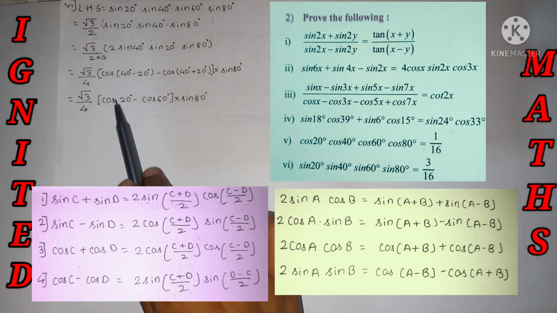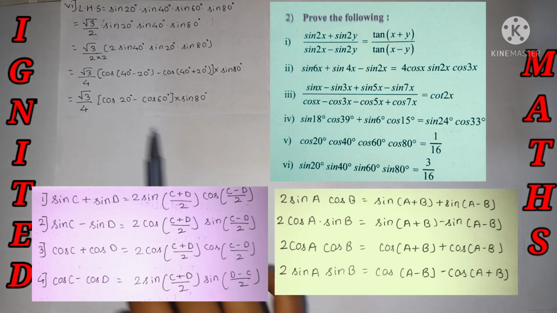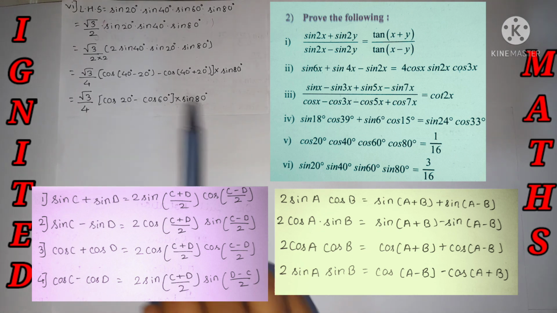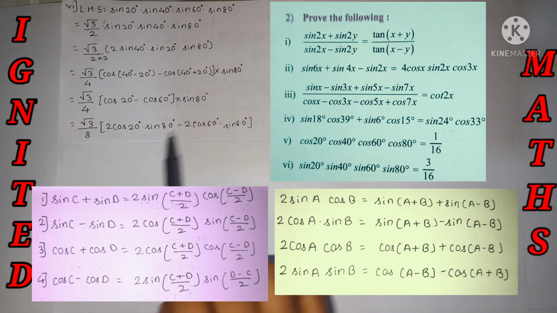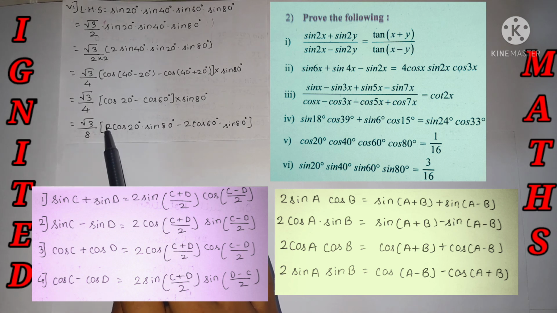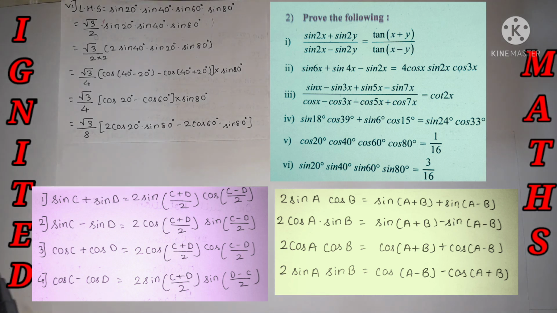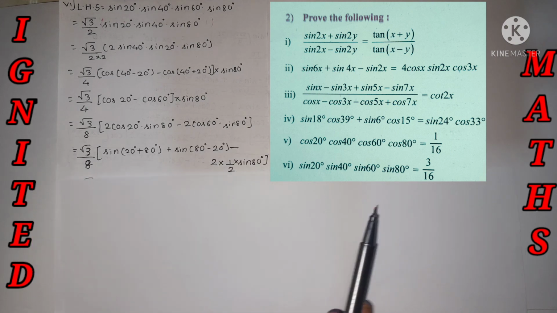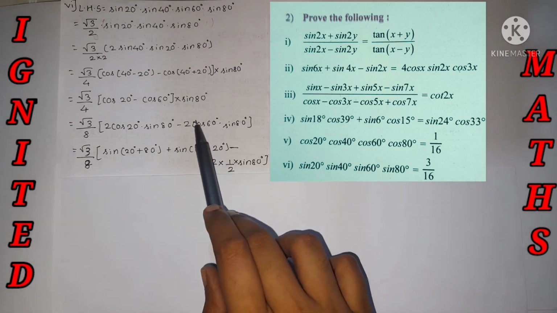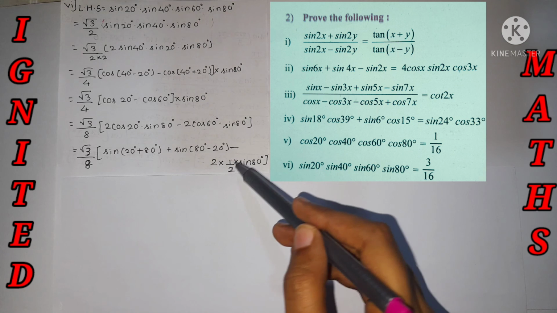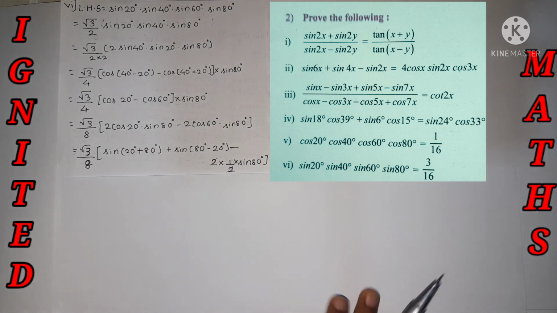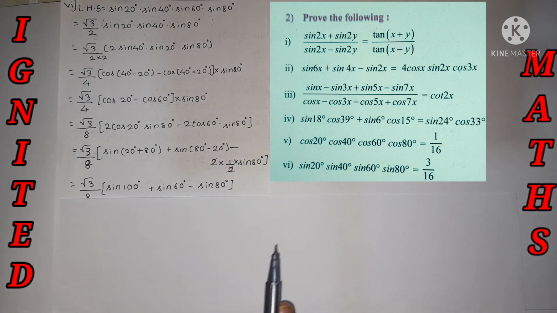Let's do the calculation. Multiply the sine 80 with each and every term, sine 80 over here also, and again multiply and divide by 2. It is in the form of 2 cos a into sine b. Yes, when we have multiplied and divided by 2, it is in the form of 2 cos a sine b, so we can use the formula. Just use the formula in both the terms. Over here we know the value of cos 60, so we have represented it as 1 by 2 and it just cancels off, and minus sine 80 remains as it is. The rest of the terms we have represented over here.